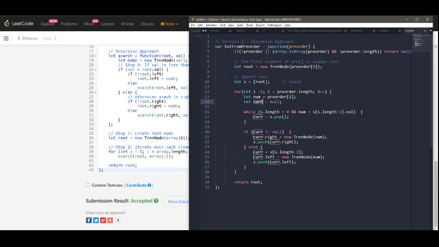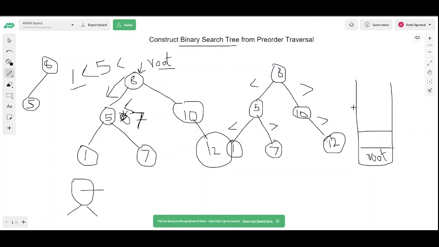And now I need to iterate over that stack. If that stack is not empty, first I am checking that it is not empty, and as long as it is not empty, and the value is greater than the